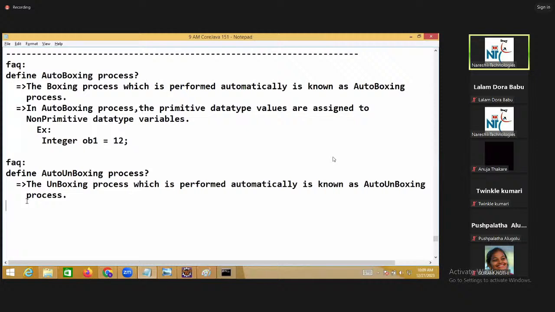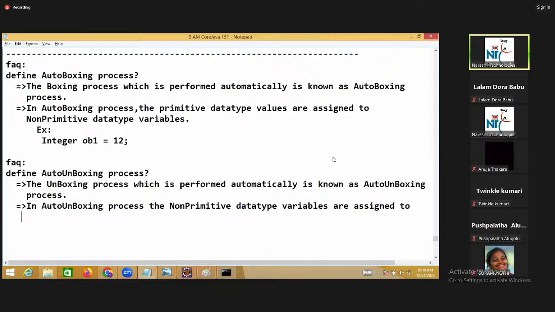In auto unboxing process, the non-primitive data type variables are assigned to primitive data type variables.